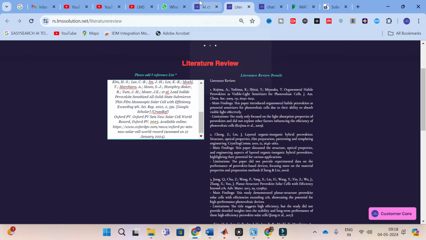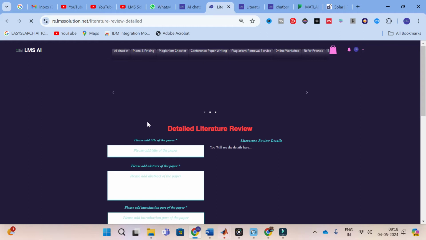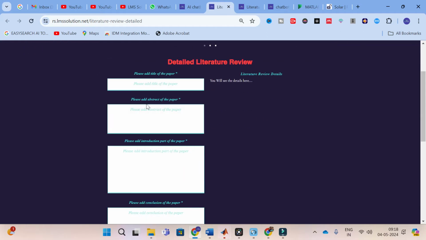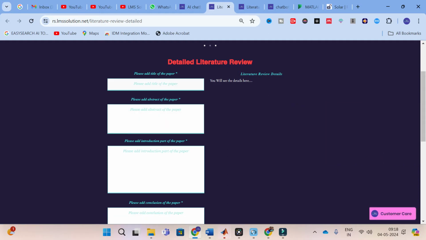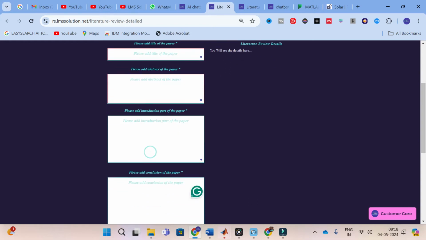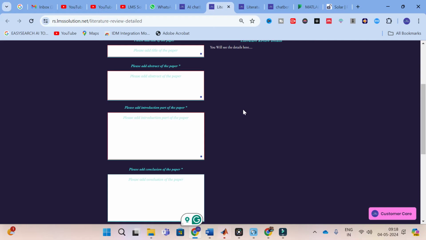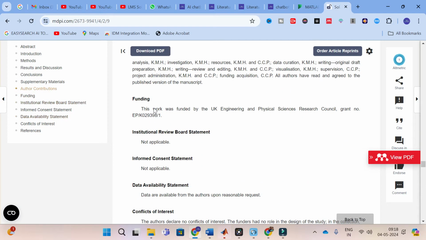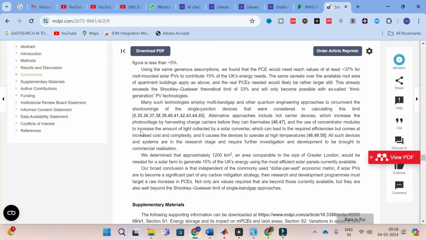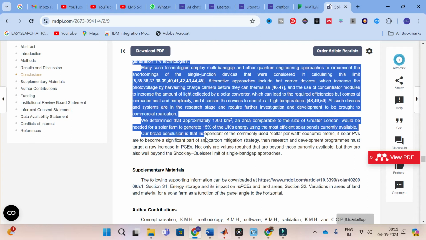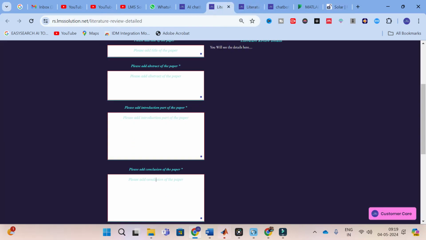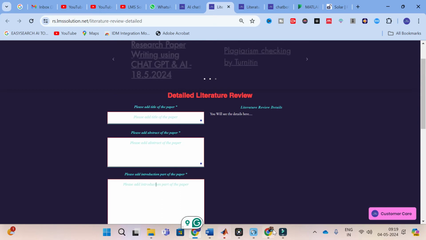After that, in order to make a detailed literature review, just click on detailed literature review. It will lead to a dashboard like this. This is the dashboard of the detailed literature review. In this detailed literature review, you have to add these particulars, that is the title of the paper, abstract of the paper, introduction part of the paper, and conclusion of the paper. In order to show you a demo, I am going to do that with this particular paper. So first, you can give the conclusion. Copy this and give the conclusion of the paper here. After that, the introduction part of the paper,